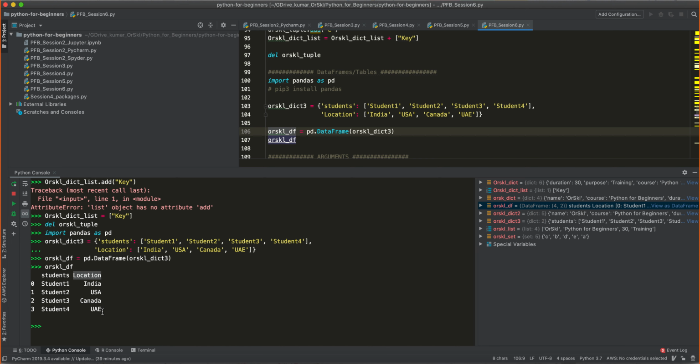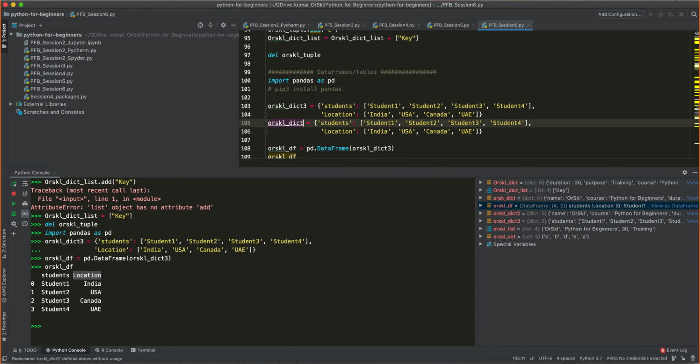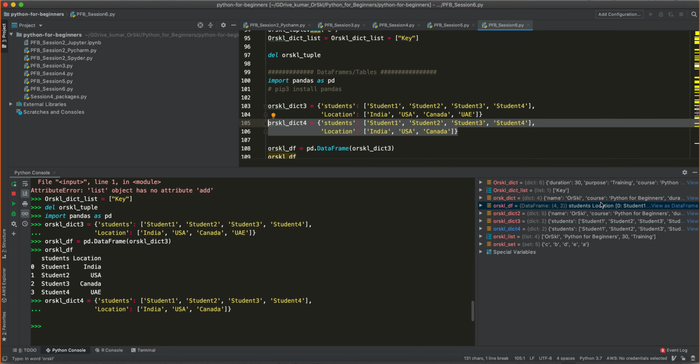Exactly. It will represent a null value there. So okay, we can basically create that also here, right? So let's create a 4th one. The question is, in the first key I have 4 elements, but I don't know the position or the location of the 4th student, right? If I just create this, you see, it will be a null value for the 4th student. So let me open it visually for you on the screen.